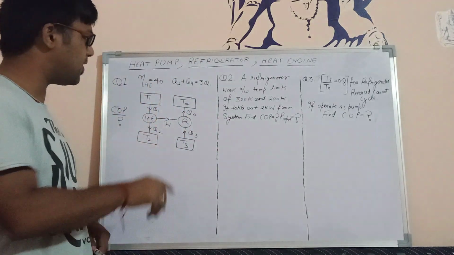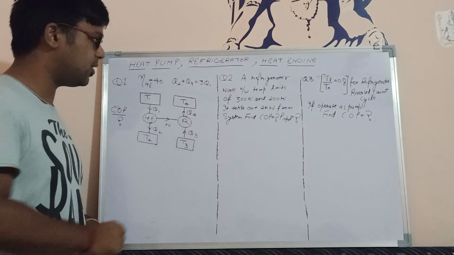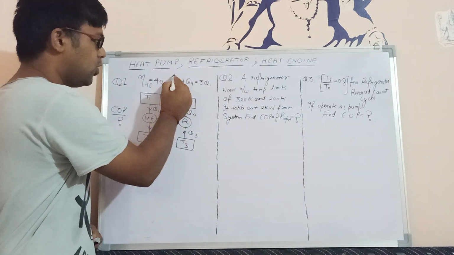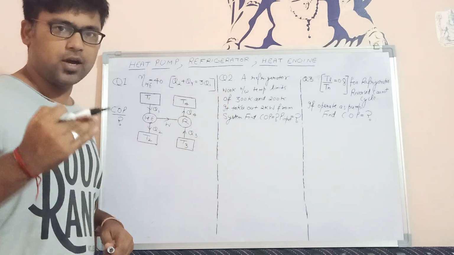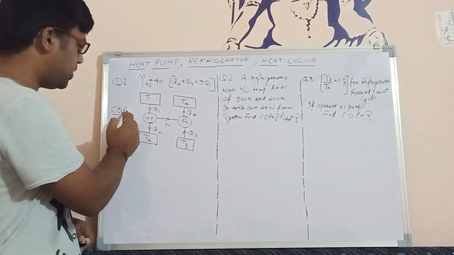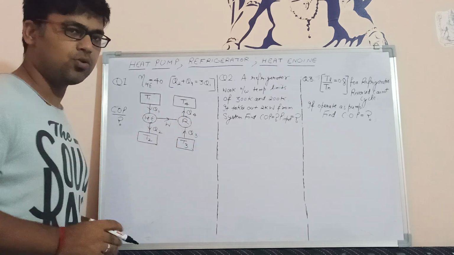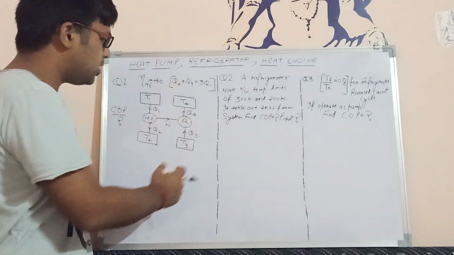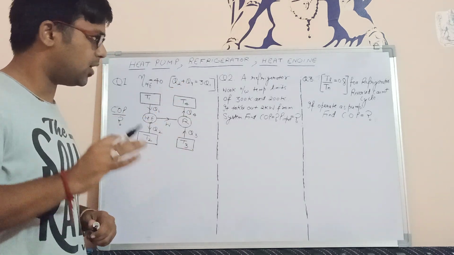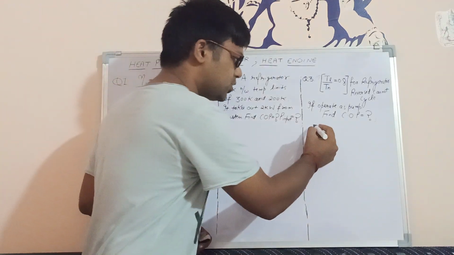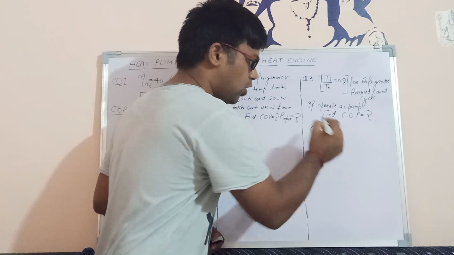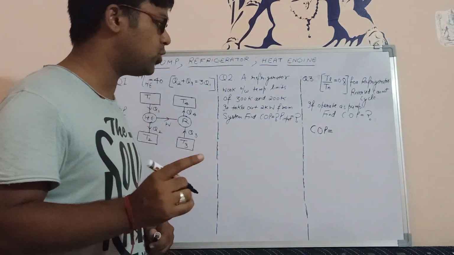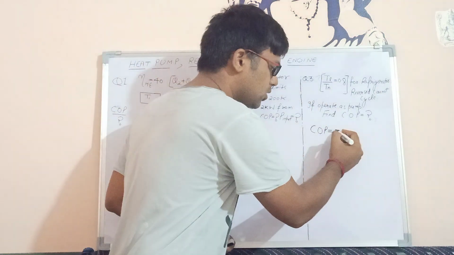We have been given that the efficiency of the engine is 40%, and this relation is given to us: Q2 plus Q4 is equal to 3Q1. I have to find the value of COP of the refrigerator on this side. Before starting with the question, I just want to tell you the formula of COP of a refrigerator. COP of a refrigerator